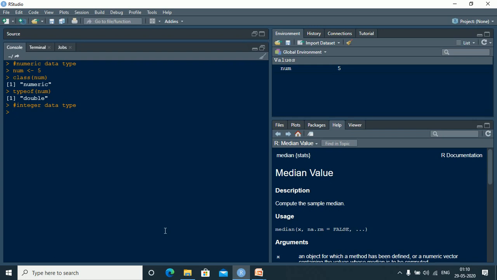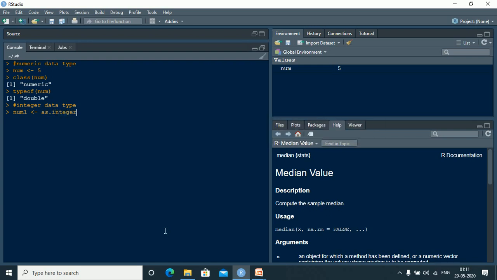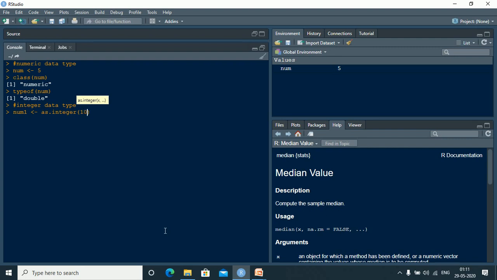So let us say I create another value num1 <- as.integer, and I give num, or I can write a particular value, say 10.